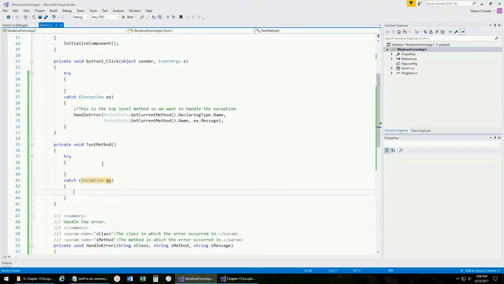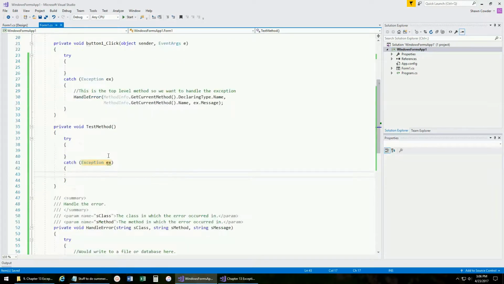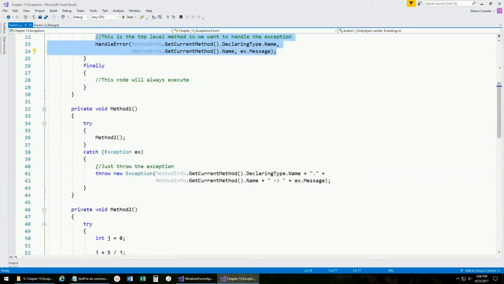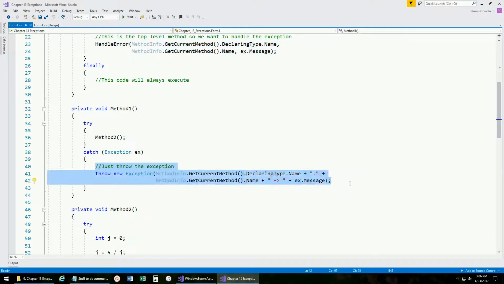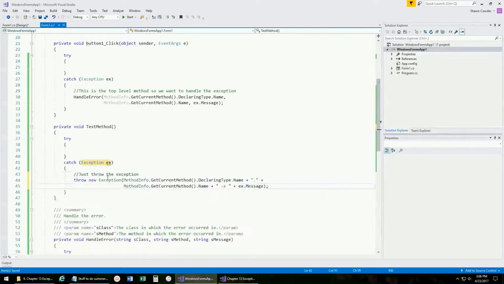Then we think to ourselves, is this a top level method or a method that's going to be called by another method? Well, it's not a top level method, it's designed to be called by another method. So in that case, all we're going to do is copy and paste this code into our own code, and you're done. And so what this is going to do now is, again, leave that little breadcrumb trail. And if you do this for every single method, as soon as you create it, as you're piecing your application together, these assignments together,